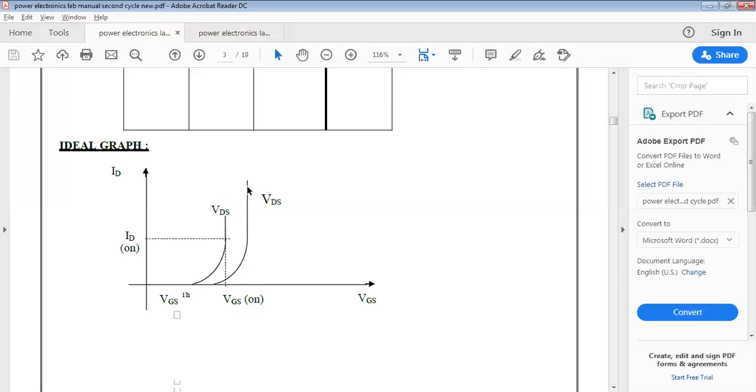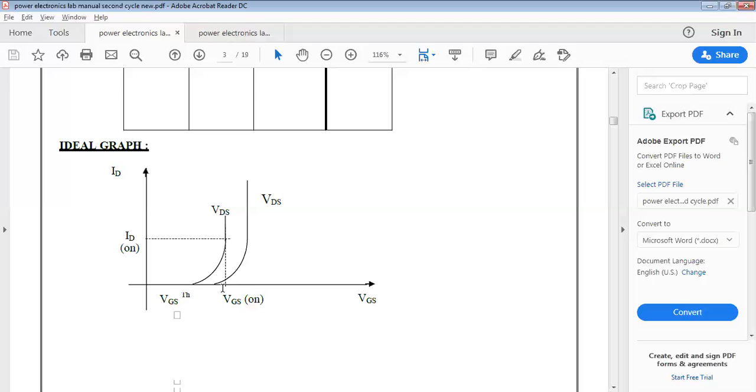And if you increase the supply voltage from 10 to 12, you can observe that the gate to source threshold voltage will jump back. That means it will start conducting at an earlier place